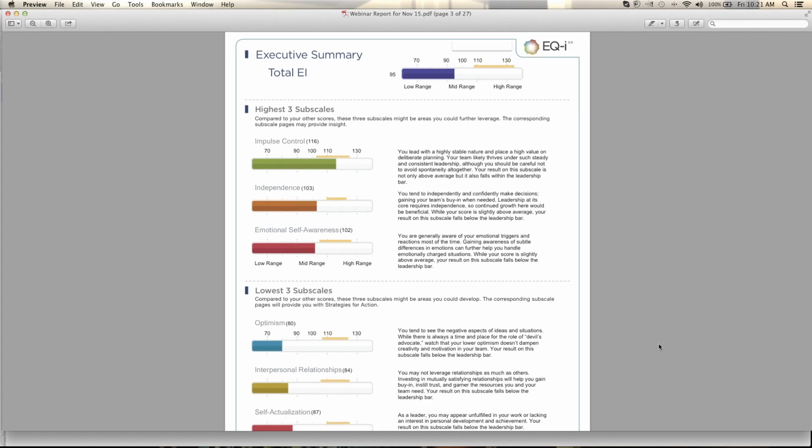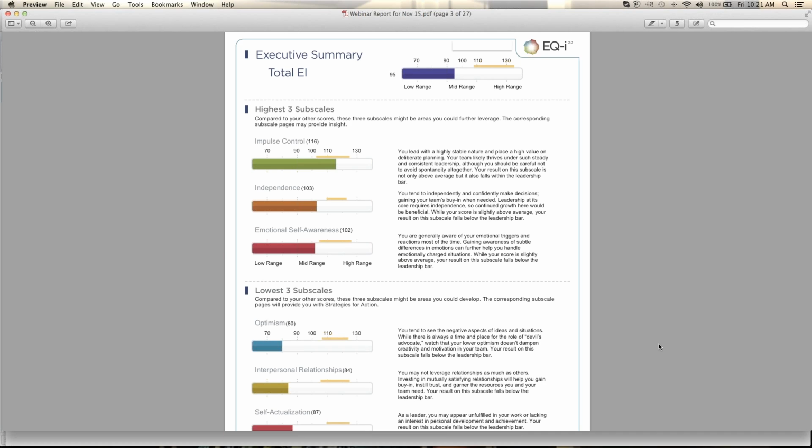It seems to suggest that maybe you are a fairly stable person. There's some deliberate planning, perhaps. There's some care taken to avoid spontaneity and acting impulsively. And if I were to say to this individual, does that sound true for you, or does that seem accurate? My guess is that they would say yes, in fact, that is true for me.